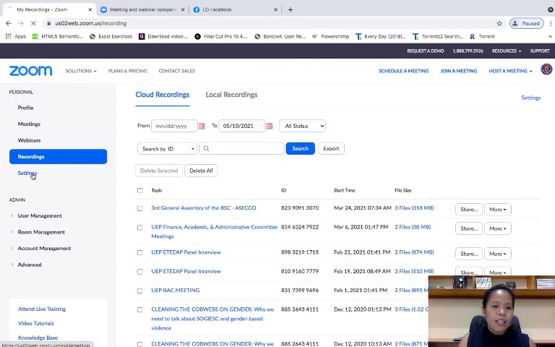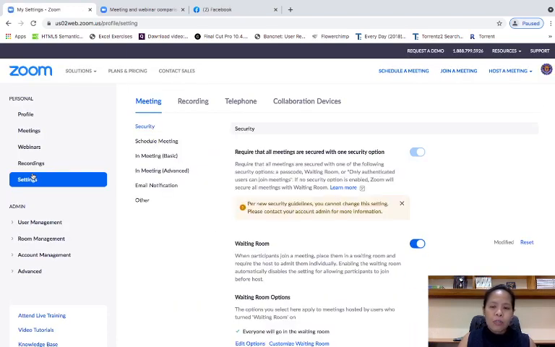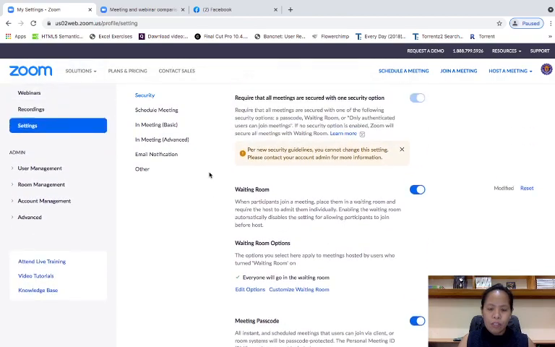Now, settings. Okay, so this would be where your additional settings for the meeting can be seen or can be set. So the last one here is the settings. Now these are additional settings for your meetings. Okay, so as we can see here, you have the security, the schedule, the meeting basic, the advanced, the email notification, and others. Okay, so if we go through these settings over here, for security, for example,